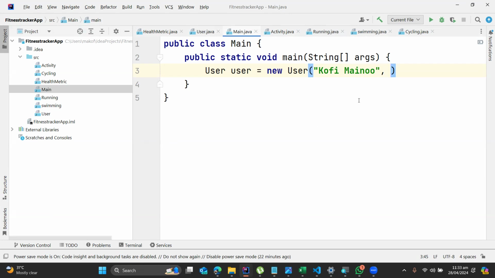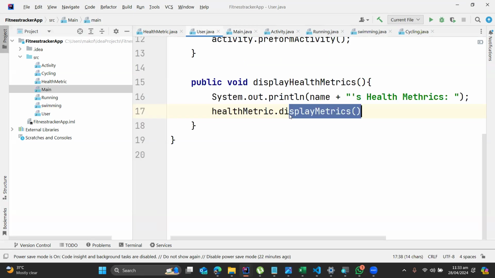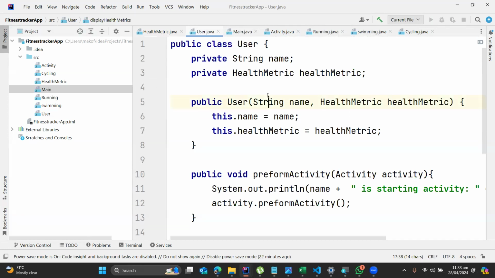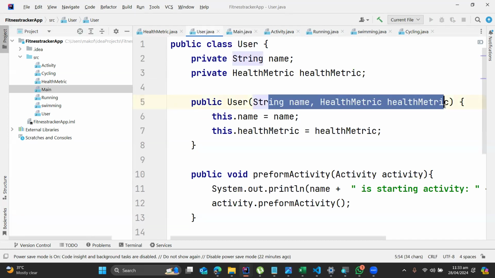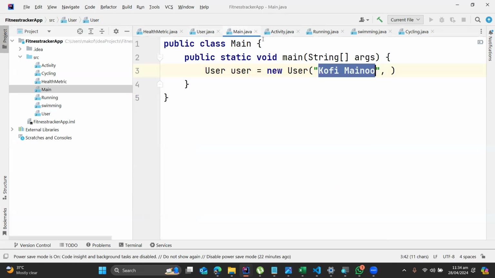Now, over here again, this main is a constructor. So you can see that I'm using the constructor I did here to construct my user menu. And what does it take? It takes a name and it takes the object health metrics. That means I have to tell the computer that we are creating a new object, which is